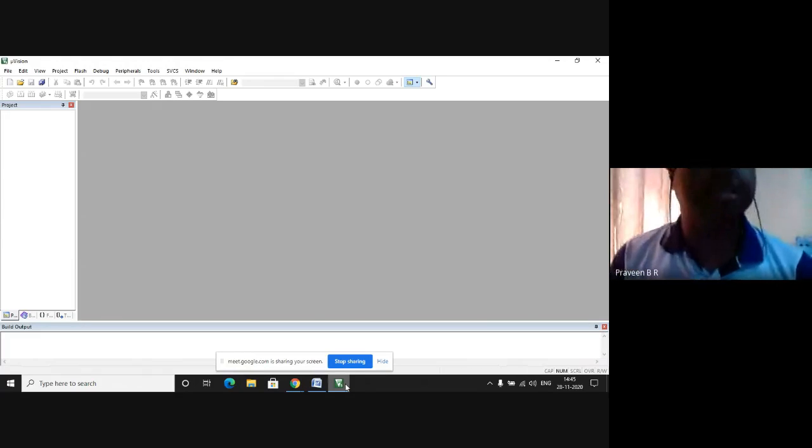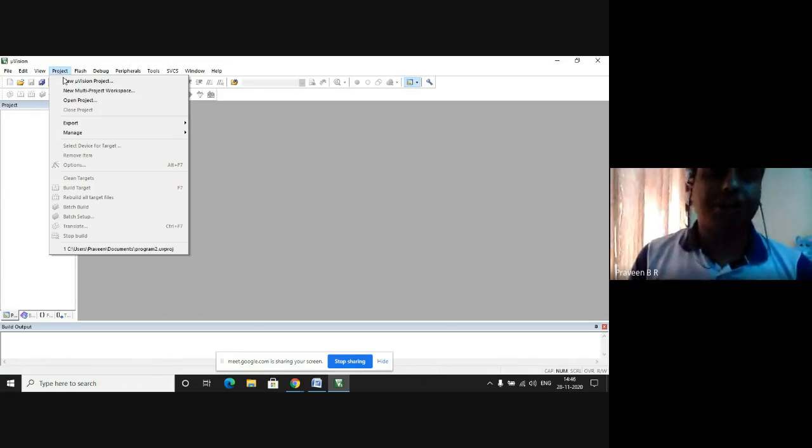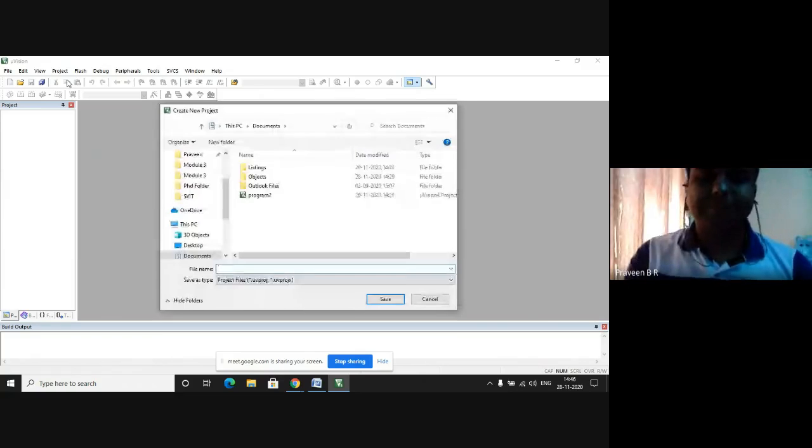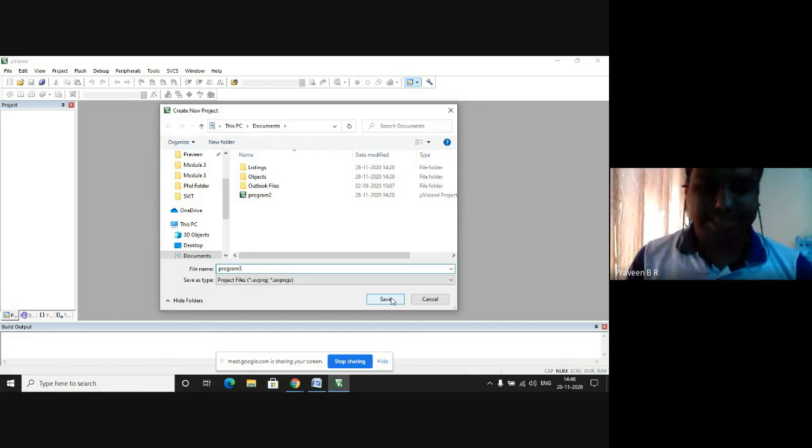To perform this, again, I'm using the microcontroller Microvision Keil software. In the Keil software, I will be again using the menu bar, the fourth one, that is Project. Click on New Microvision Project, the file name as program3, click on the save button,